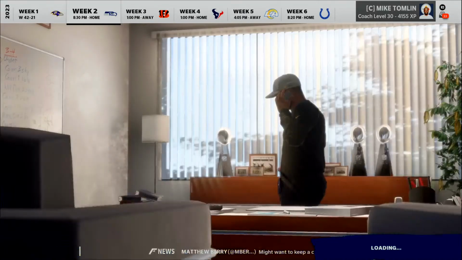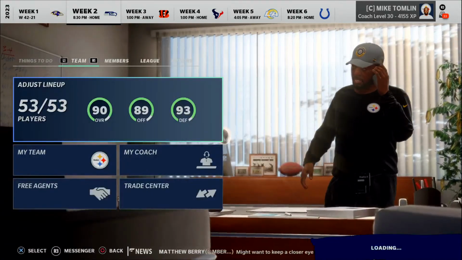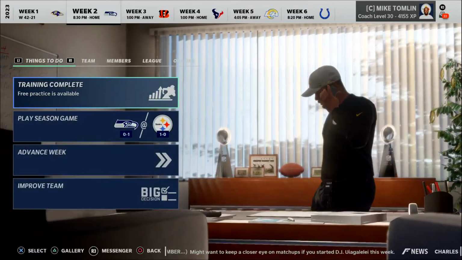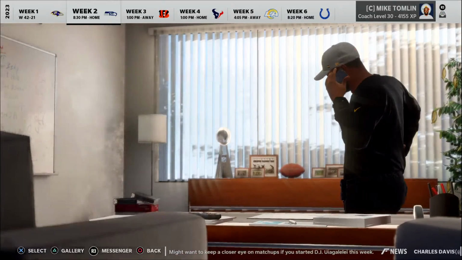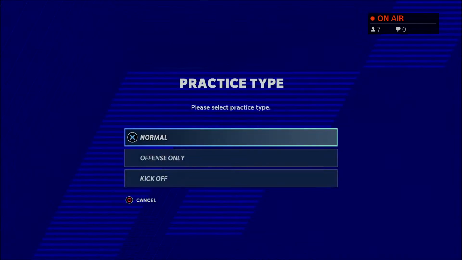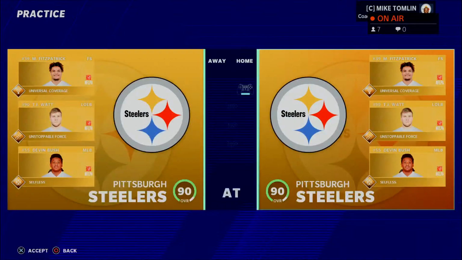But at the end of the video, I do want to get into why I think I might be switching away from the 3-4, or at least utilize a playbook that has the 4-3 in it. That way, against certain opponents, I have the capability of actually stuffing the run. With that being said, let's go ahead and actually jump into the practice mode,